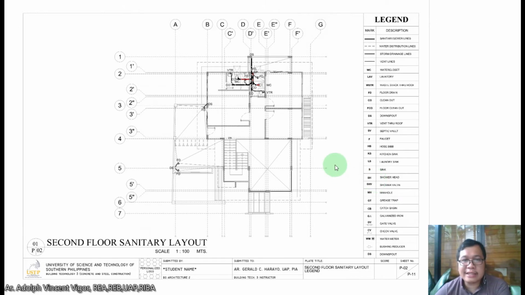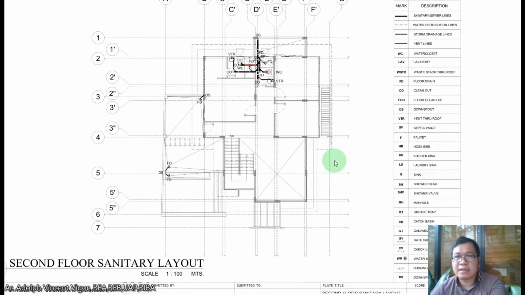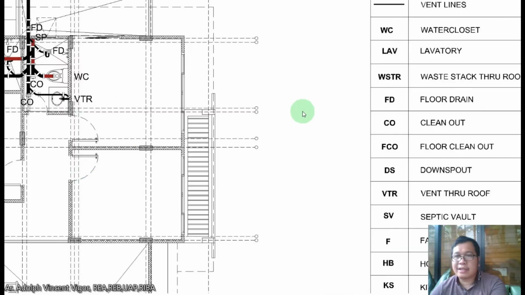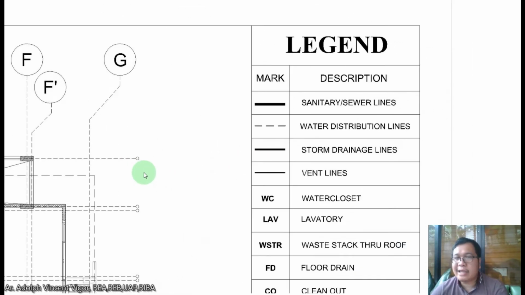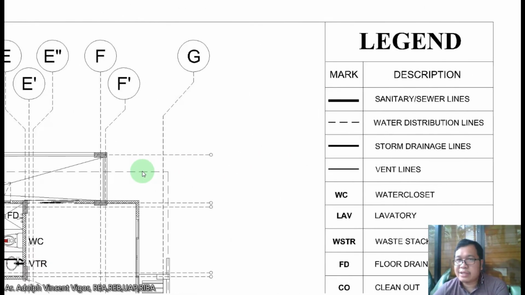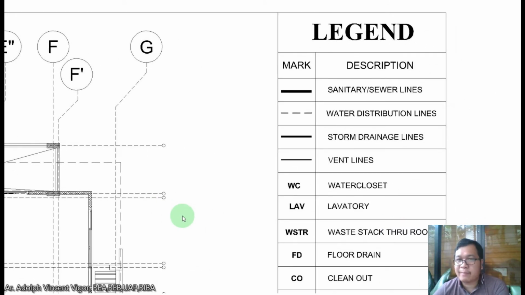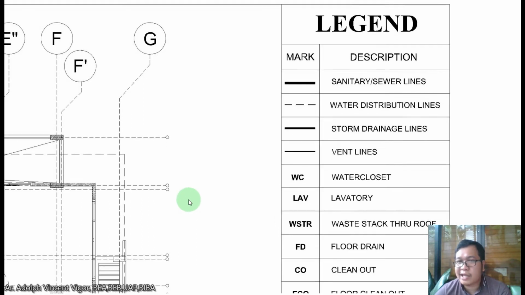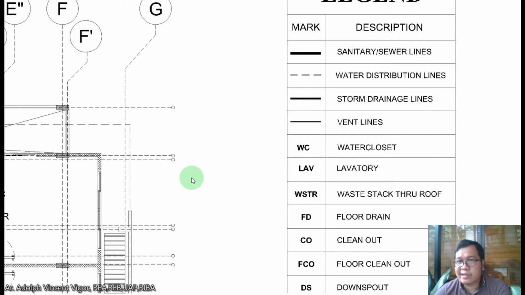Okay, so this is the second floor. So let's zoom it a bit. So here in the legend, class, you're going to see the mark and description of the different pipes. For this mark, you have the sanitary sewer lines, then you have the water distribution lines, the storm drainage lines,